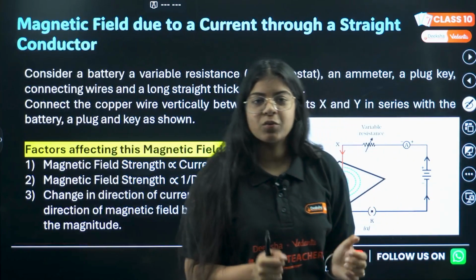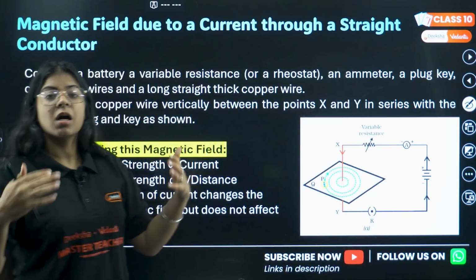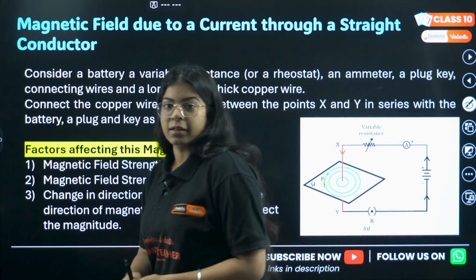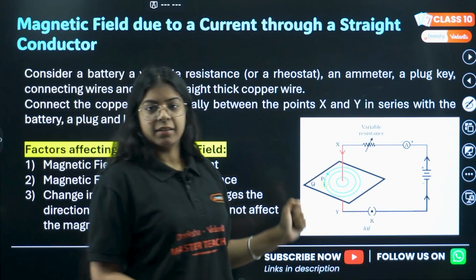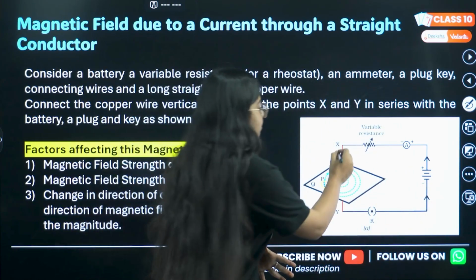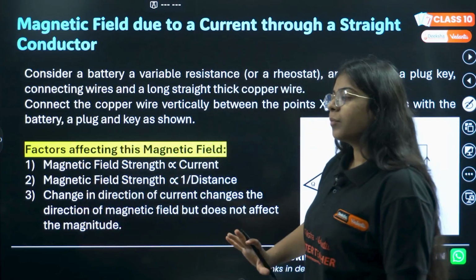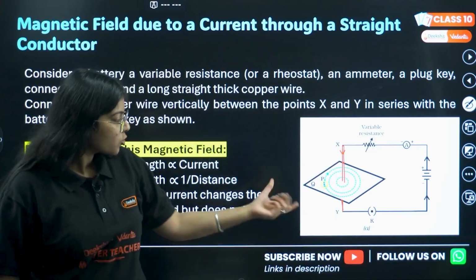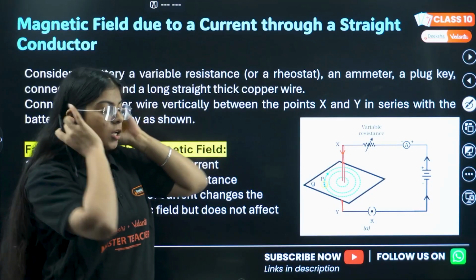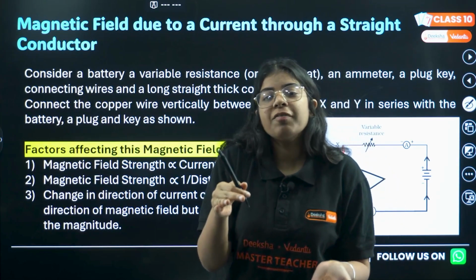Let's go to the next topic. Now we have studied what a magnetic field is and how a current carrying conductor produces a magnetic field. Let's see different shapes of current carrying conductors. We'll see first a straight conductor: magnetic field due to a current through a straight conductor. What we did is we just took a simple wire, the same one, and put that in a circuit. We plugged in the key, switched on the battery, and now we have a current flowing through that wire. Let's say this is my wire. Now I want to see the direction of the magnetic field